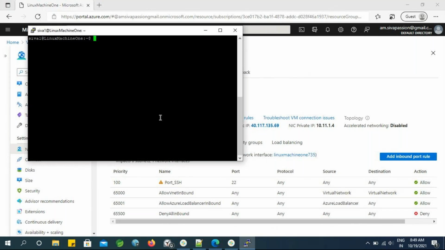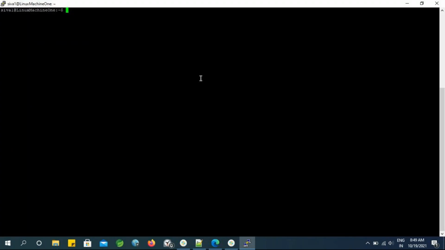If you want to install that server within this PuTTY console, first of all we need to navigate to the root user, by using sudo su hyphen. Now if you observe, we are in the root user, right? So now if you want to install some software or server within this PuTTY console,